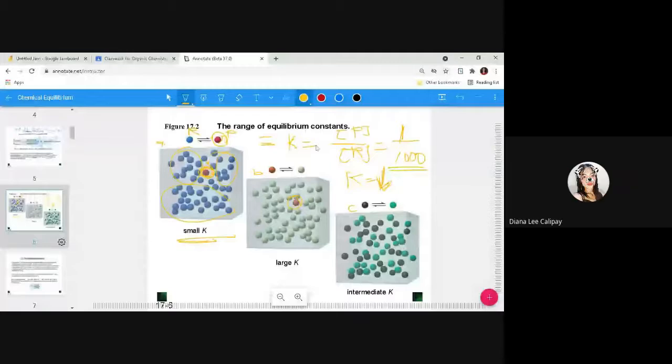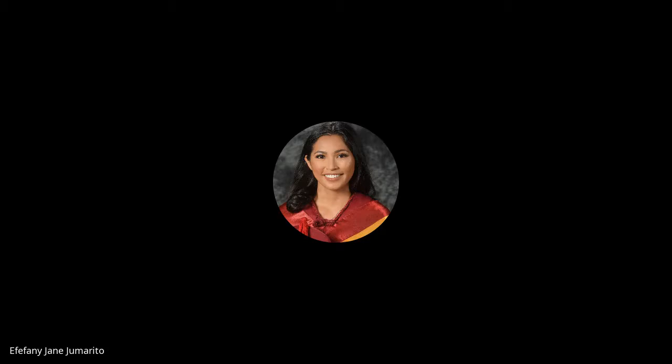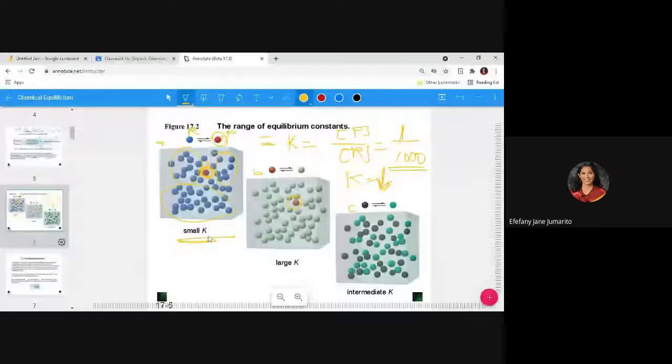If you have many reactants, then your K will be very small, and that means the system favors the reactants. Now, if we have a large K,